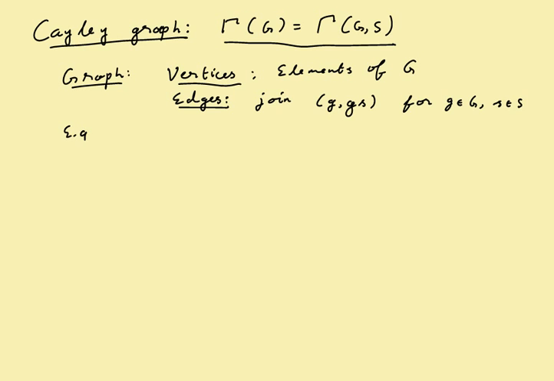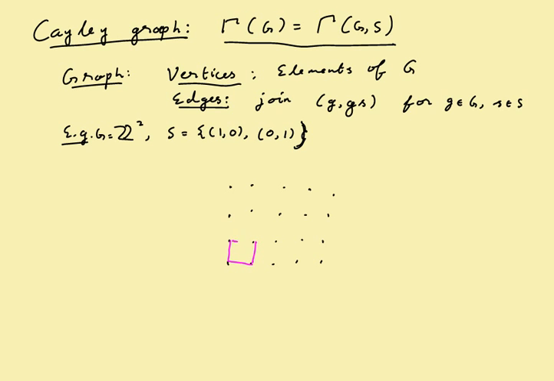So we take an example, we'll take our usual one, Z squared, so G is Z squared, with S equals (1,0), (0,1). Then you get something like the unit lattice. In fact, you have the unit lattice as the Cayley graph. Let's take a few points in it. And edges join a vertex to something that's connected by a generator. So these are the edges here. In fact, you see, you'll get just the vertical and horizontal grid right through